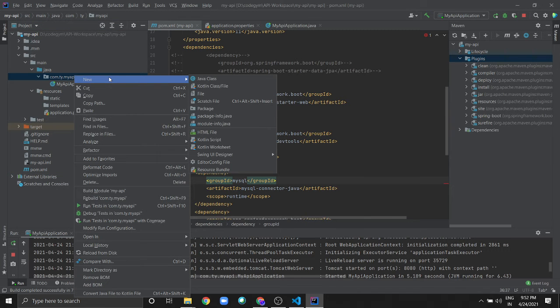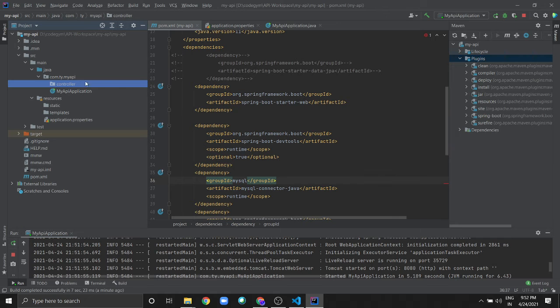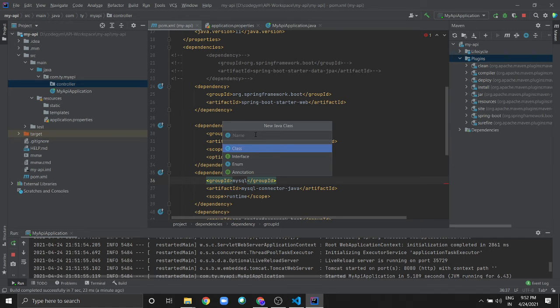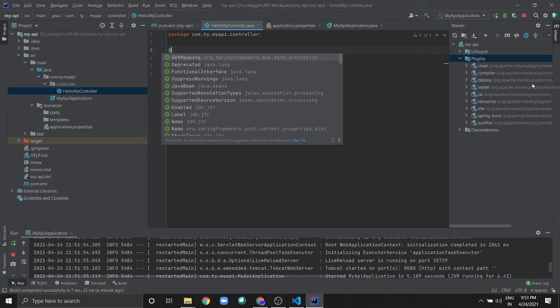Now we will create a controller here. For that we will create a package called controller, and we will create a Java class inside that. Let us call it HelloController. And since we need to expose a REST web service, we need a REST controller to be available in the Spring Boot framework. To make this a REST controller, we have an annotation called RestController,